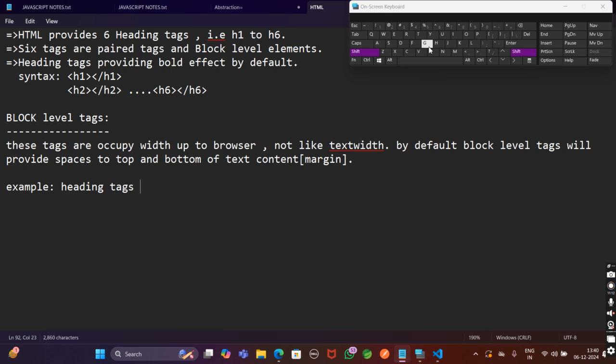How many heading tags do we have? h1 to h6, these all are providing block level. And next we can say paragraph also. Paragraph will provide some block level things. Now let me take